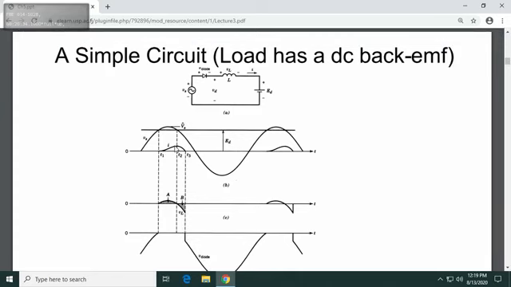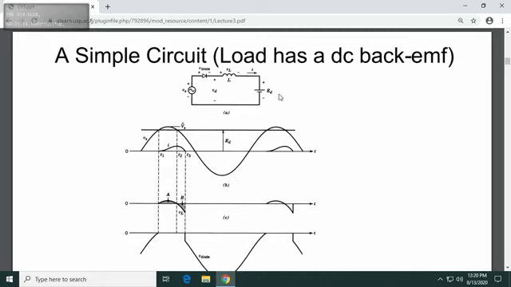cycle continues. Remember, for a load, current will only be supplied if the load requires the current, otherwise current will not be supplied even though you have connected a load. Even if you connect a load, current will not be supplied unless the load requires current. You must have learned this in power system analysis last semester. Current is only given when it is required. That's why we say that the current depends on the load.